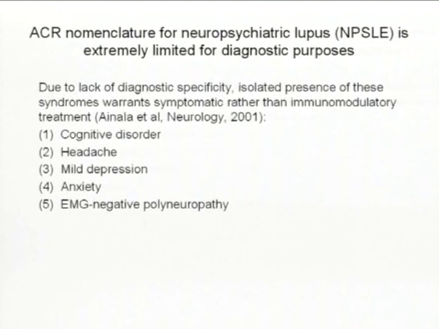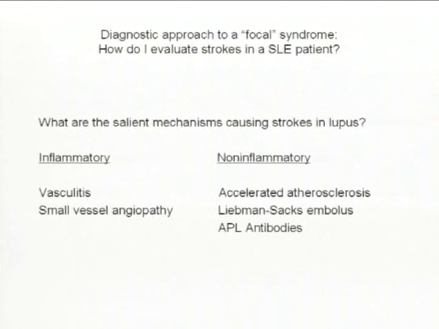So that covers the non-specific syndromes. As an example of a focal syndrome, I'm now going to move to how to evaluate one of the focal syndromes. How do I evaluate a stroke occurring in a patient with lupus? The principles that are going to be distilled here could really be extrapolated to other focal syndromes, such as